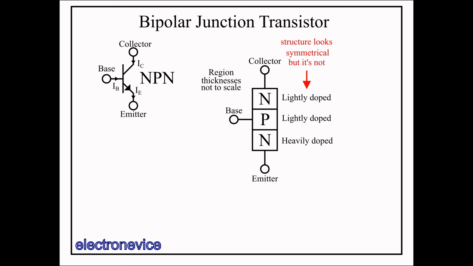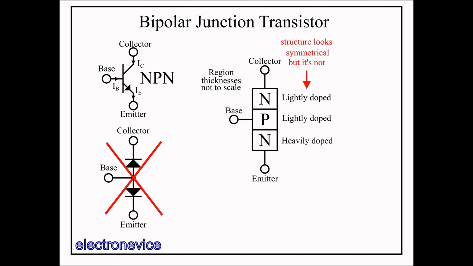You might look at the structure and note that diodes are comprised of PN junctions as well, and that this structure looks like back-to-back diodes. And in some ways it does behave like that, especially when the base terminal is not connected to anything. But in most ways it behaves quite differently because of how thin the base region is, the fact that there are no semiconductor-conductor junctions separating these two PN junctions, and all three regions are contained within the same semiconductor crystal.